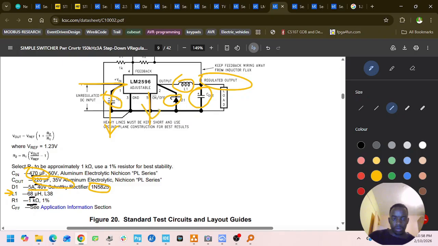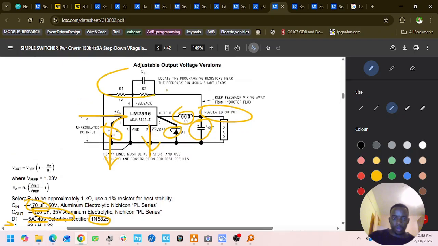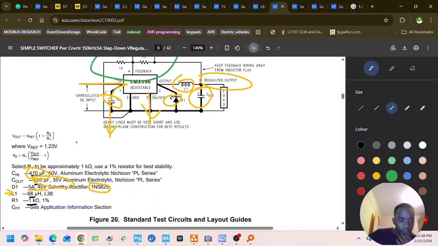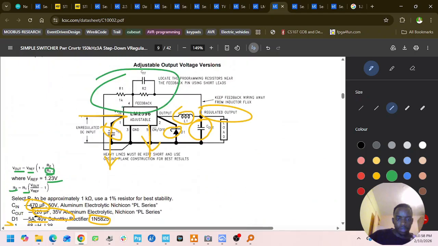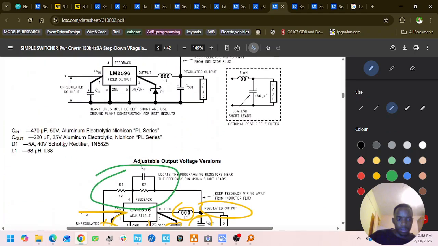on, active low, feedback, right? So let's look at this part. V out is equal to V ref, which is 1.231, times 1 plus R2 over R1, right? So R2 is given by R1 times V out over V ref minus 1. But this